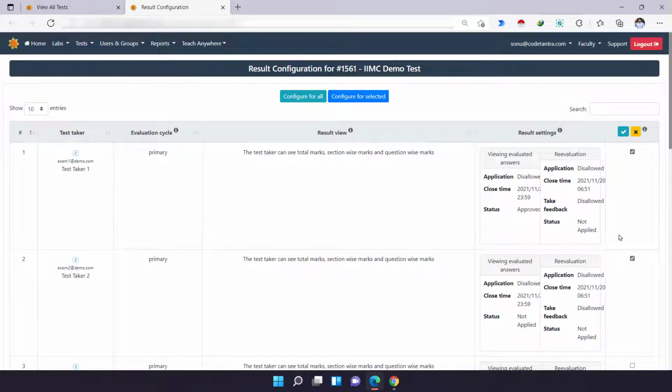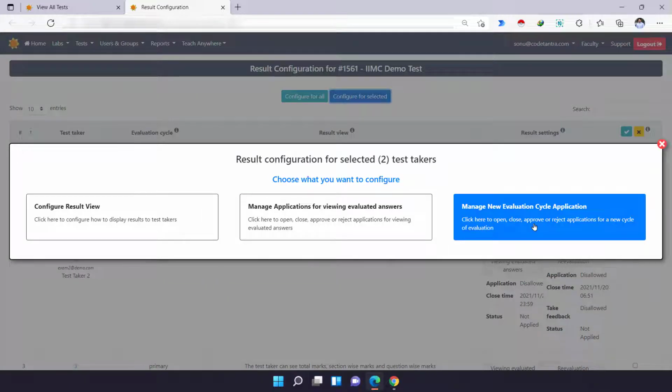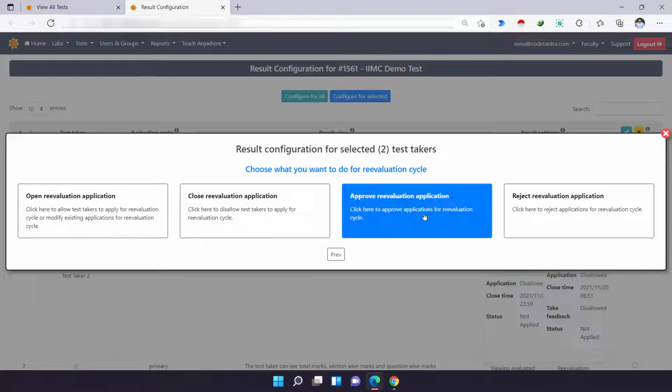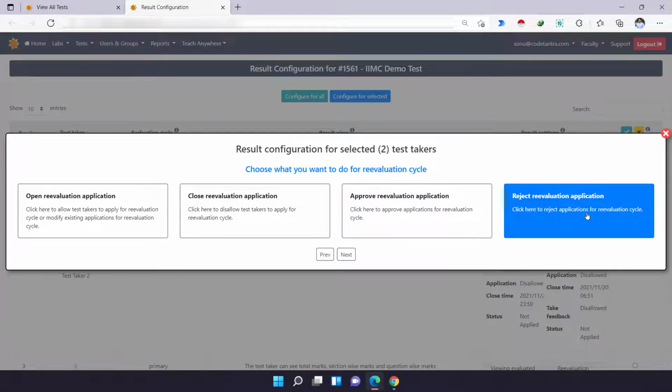Okay, let me show this also, something like this. Okay, so if I select reject application, the action will be taken only on the student whom I have selected.